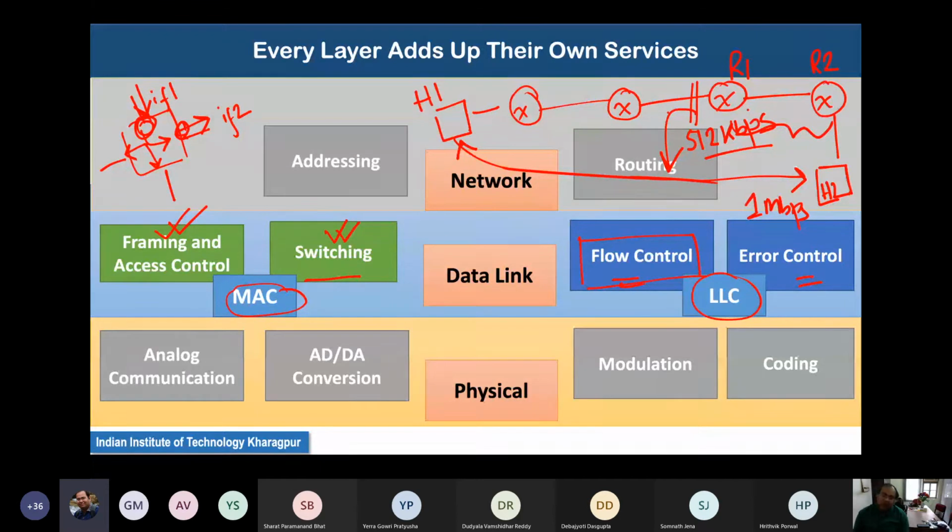And next comes the alternate question: let us implement the part-by-part flow control, that means implementing the flow control at the data link layer, but not implementing the flow control at the transport layer. If we implement the flow control at the data link layer and not in the transport layer, the problem might happen that, say, H1 transfers at a rate of 1 Mbps and H2 at a rate of 512 kbps. But it might happen that there are multiple devices connected to this particular device S1.